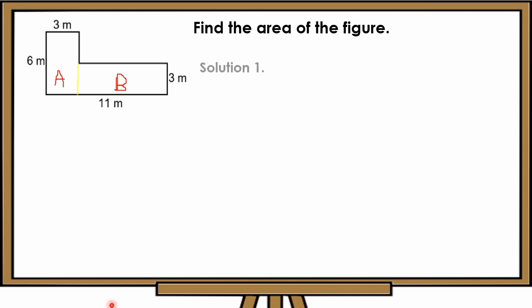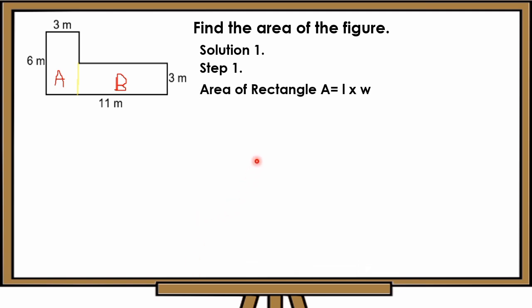So, let's solve. Solution 1, step 1. Area of rectangle A, this one, is equals to length times width. Area is equals to 3 meters times 6 meters. So, 3 times 6 is equals to 18 square meters. For step 2, so we will get the area of this rectangle